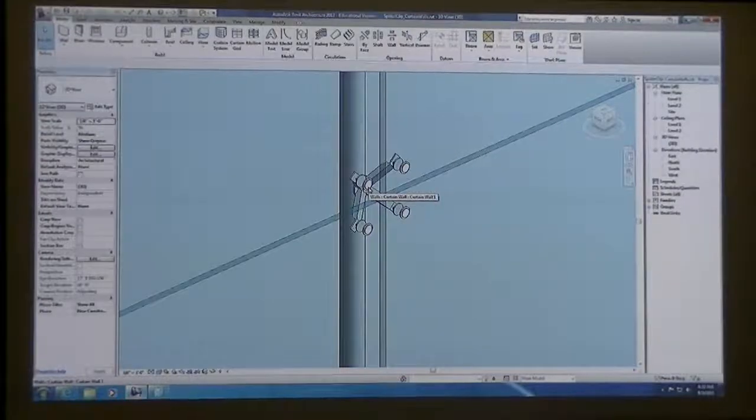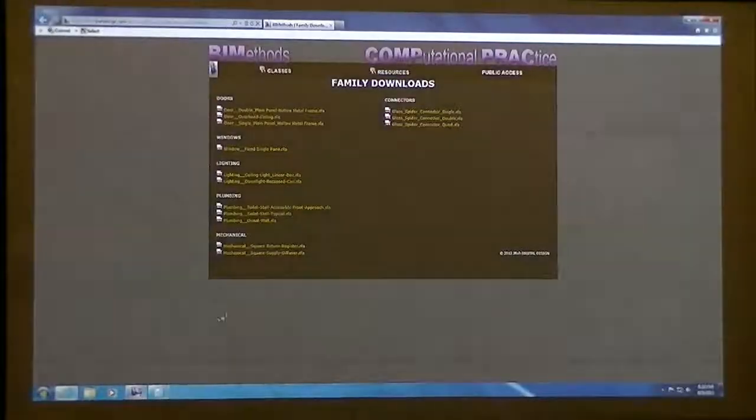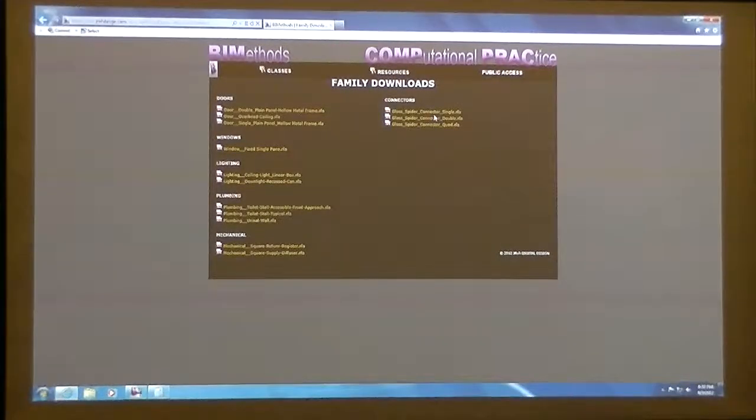Everybody likes to do spider clips. I'm going to show you how to do a spider clip really quick. And then you guys can put that in your studio projects or in your hotel that you're working on. It's a lot easier than everyone makes it out to be. You said it was the connector quad? Yeah, connector quad. You can download the other ones as well, but I'm not really going to go into how